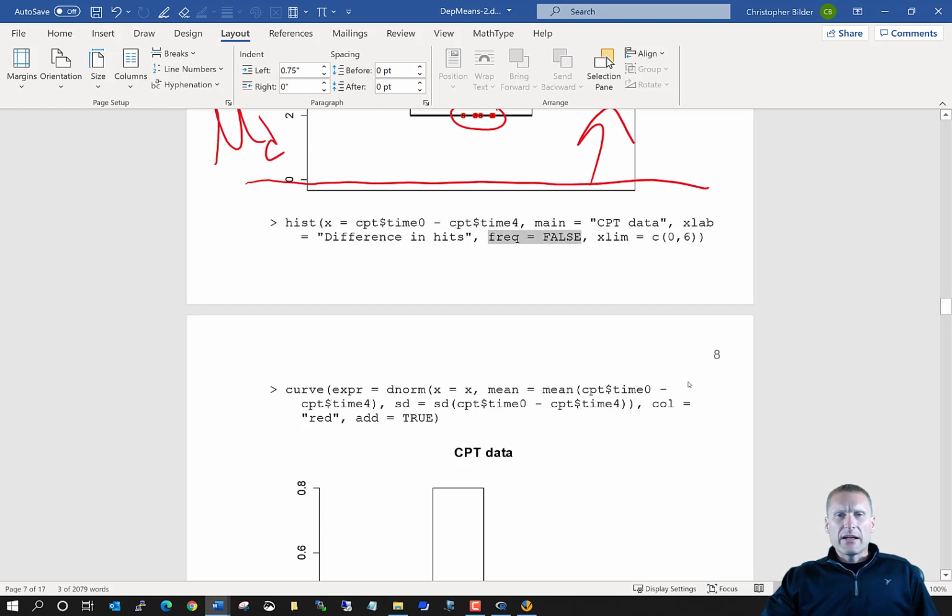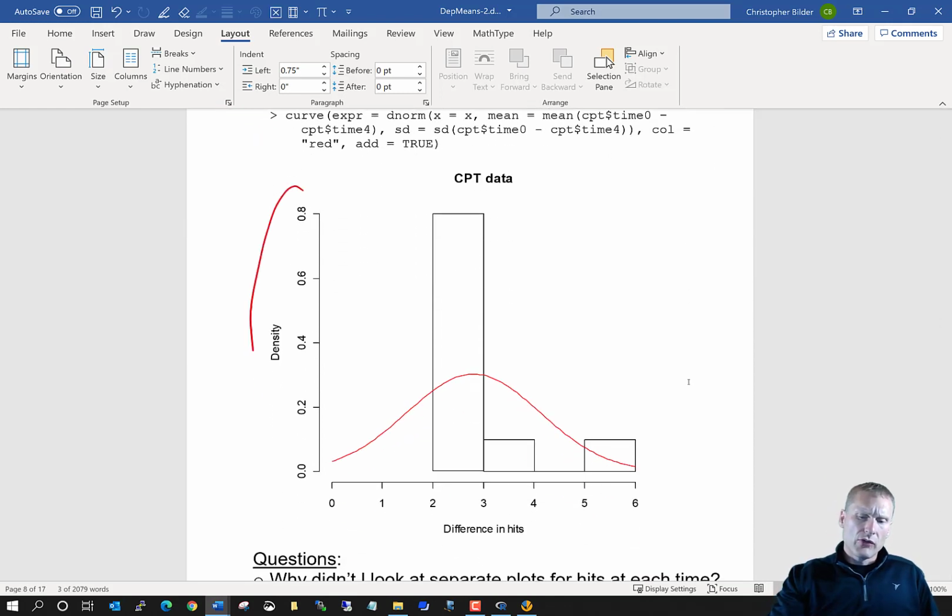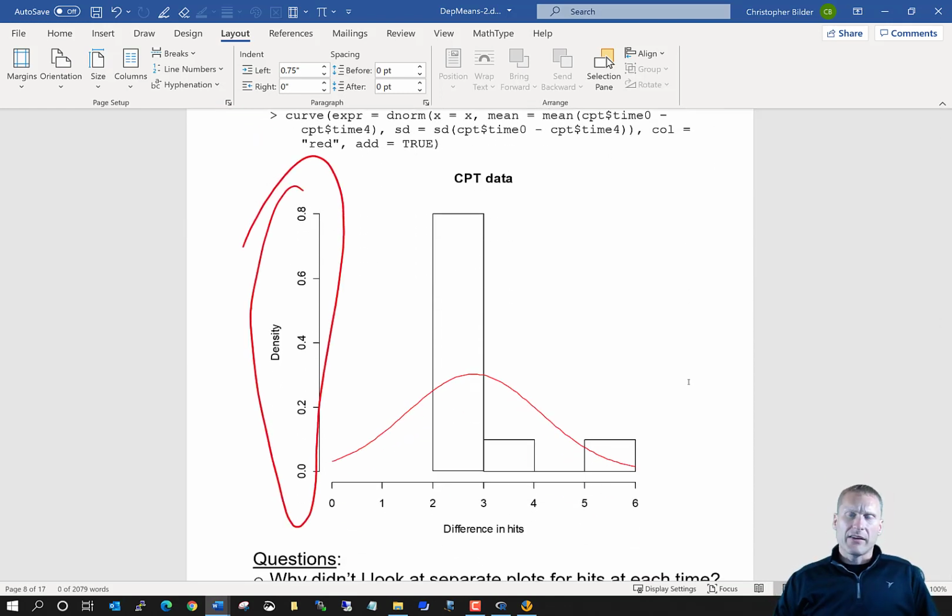For the freq argument, I say FALSE. By default it is TRUE, which plots the frequencies for each of the classes corresponding to the histogram. If I do freq equal FALSE, it makes an adjustment to the y-axis so that you can plot on the exact same y-axis